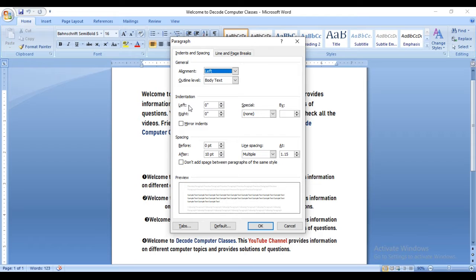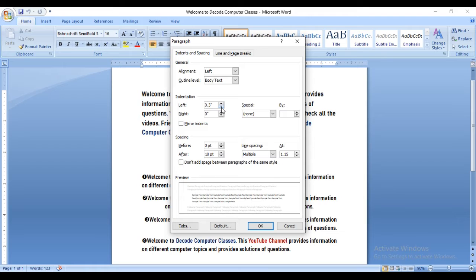You can apply the left indentation, and the right side, and see how much you can increase. When you apply changes here, you can see the changes in this preview box. If you go to the right side, you can see easily. The changes are applied in the preview box for the paragraph. This way you can change the indenting.